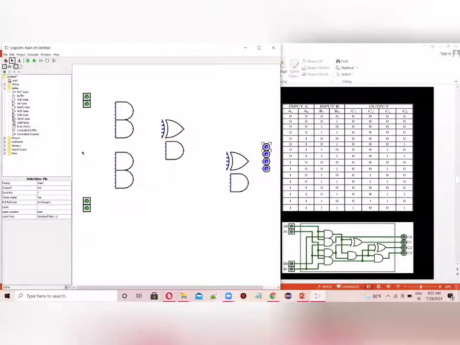Now let's change this as 2 input. In the number of inputs, we can change this as 2. Let's change this also as 2. And this also as 2. This one also as 2. I'm changing everything as 2.